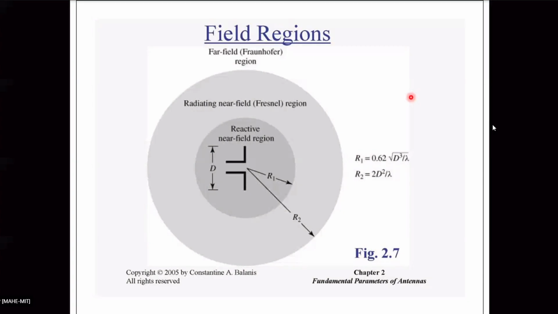So have you got it now? For the radiation pattern, we took points in the far field region. We took different points in the far field region. We study the radiation pattern in the far field region. Is it clear?